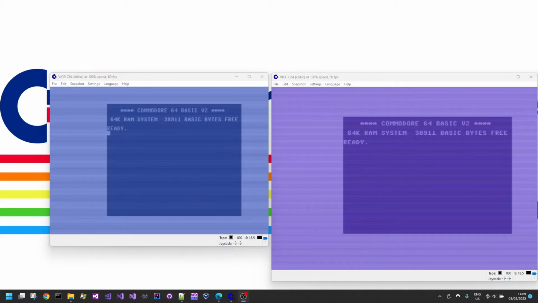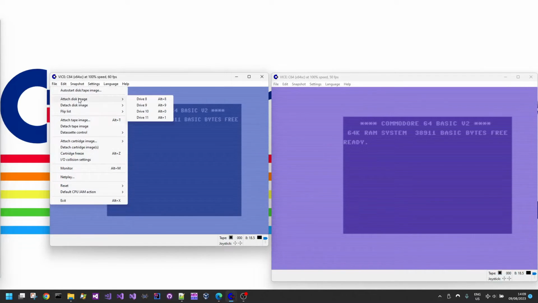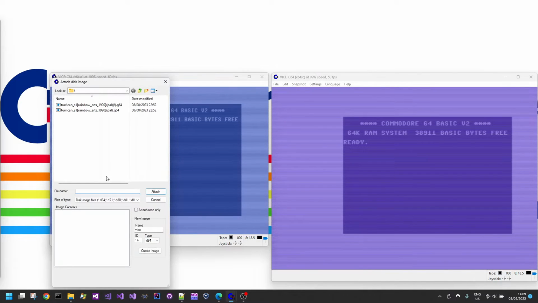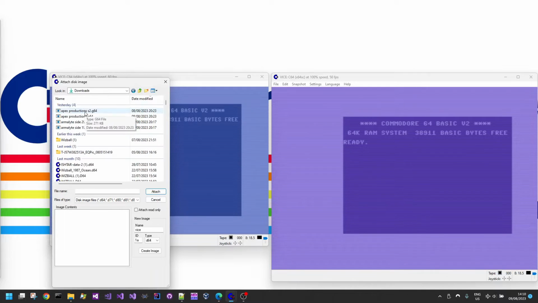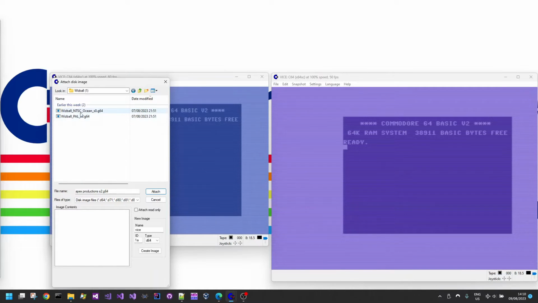discs. This is all thanks to Bill Johnson, who saw my earlier video and was able to send me a couple of G64 high accuracy disk images, basically, which includes all of the protection information from the original discs that were released. Here I'm running Vice side by side with the NTSC version on the left and the PAL version